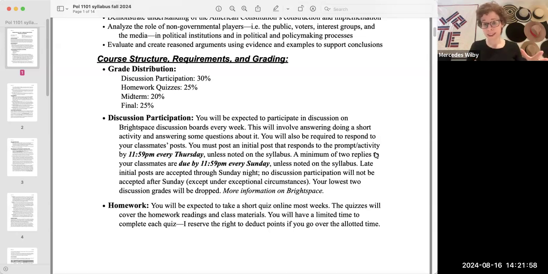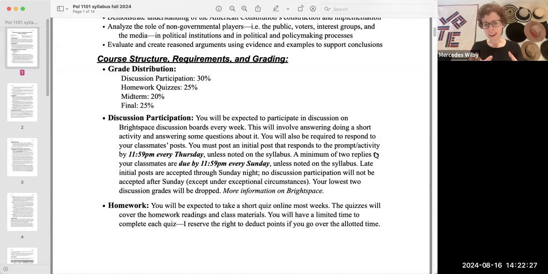Again, you should be bringing in your knowledge of class materials, but I understand that you may not have looked at all the class materials by Thursday. It's not like you have to bring in your knowledge of every single thing we learned during the week, but you should be starting to consider how the activity and the questions fit in with our class materials. By the end of the week, by Sunday, you should be responding to 2 of your classmates. That's another great way of working in those class materials, working in maybe what you've looked at in the days between posting your initial post and the end of the week.